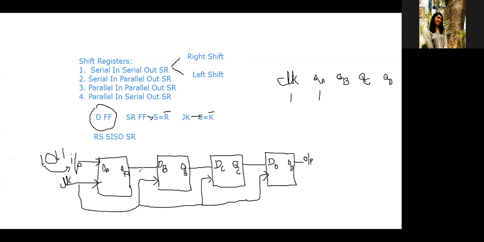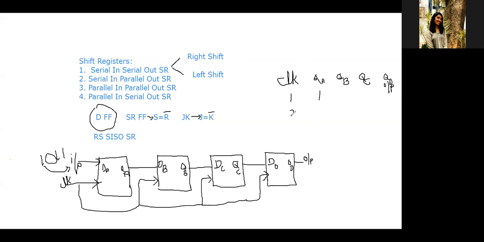Because across this first clock pulse, we are only sending the first bit to the DA. So QA value is equal to 1 and there is no data across DB, DC and DD. And this DD we can consider as the output. Am I right or not? So DA is the input and QD is the output.